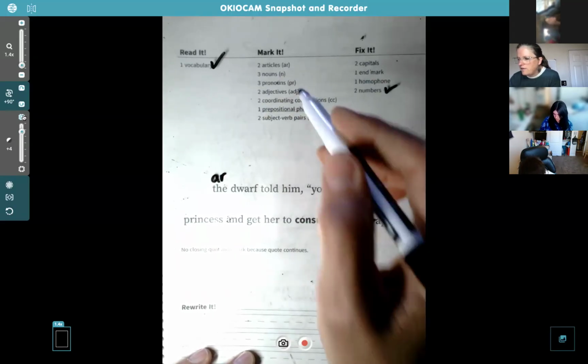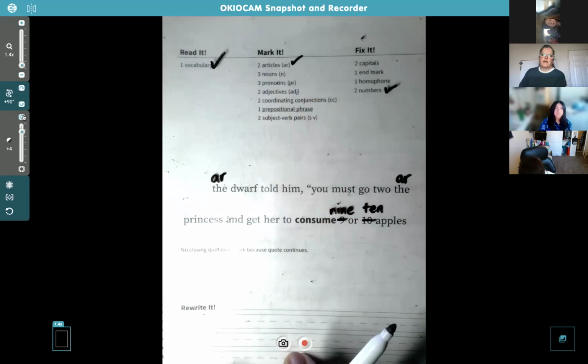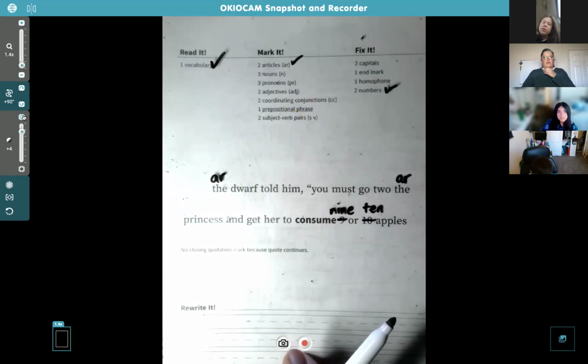And then how about Genevieve? I know you don't have your book, but if you could see the screen, where are the 2 nouns? Oh, I see your hand too. Sorry about that. Oh yeah, I have my hand up because I got my book, the one with the cheese on it,